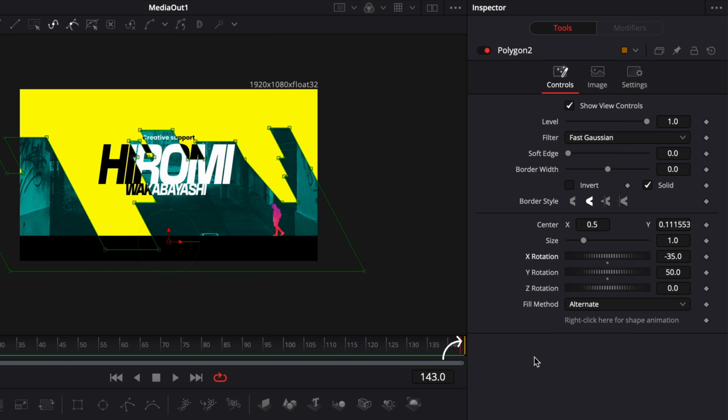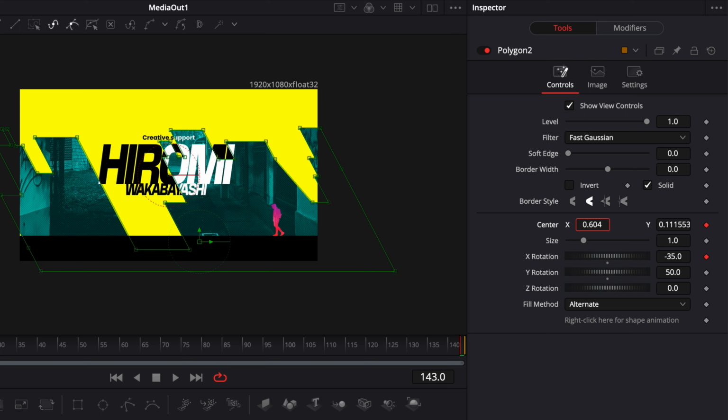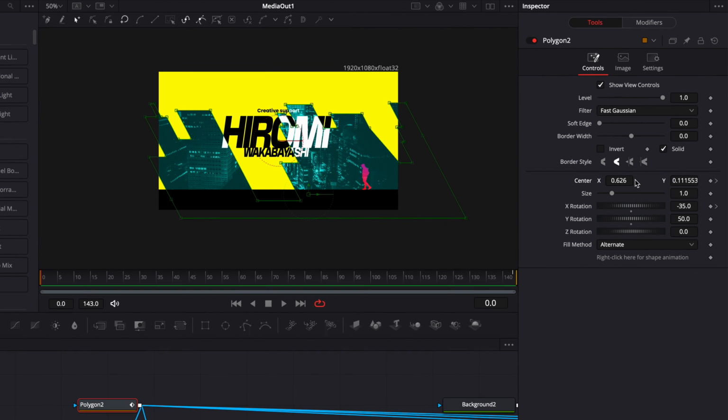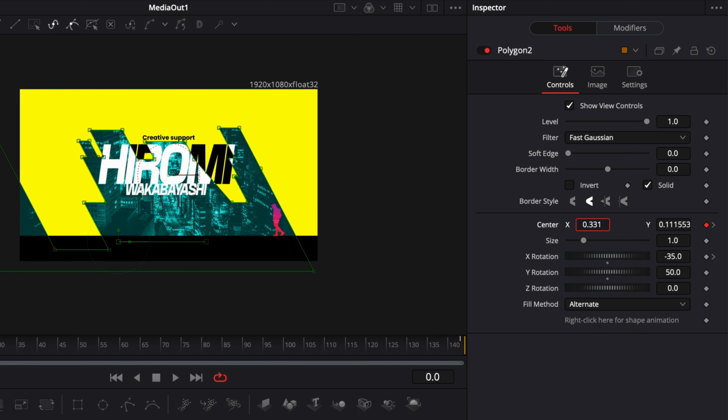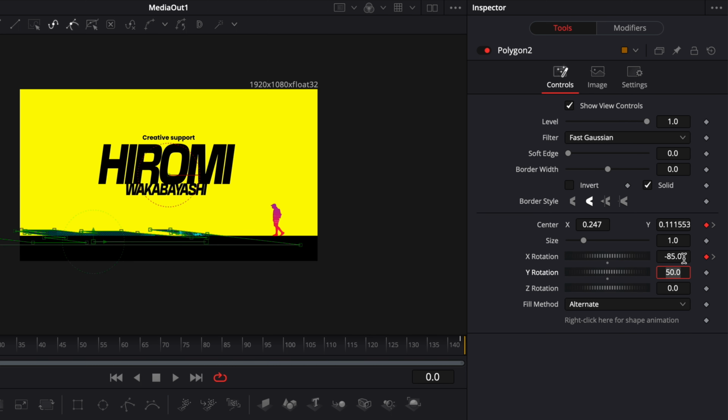So here we're gonna go to our last frame and we're gonna drop a keyframe on the X rotation and we're gonna drop a keyframe on the position. For the position, I'm just gonna continue to move it a bit forward like so. And now I'm gonna go to frame 0 and we're gonna move the position so the building is starting around there, and then we're gonna drop the X rotation down to -85. Let's see what that looks like.